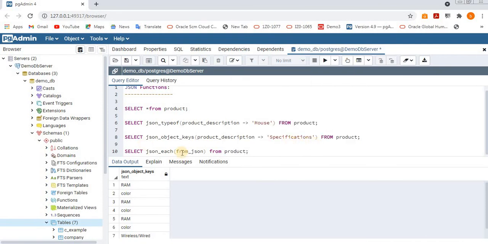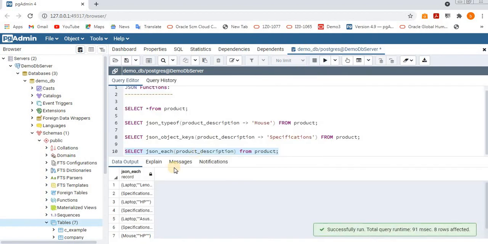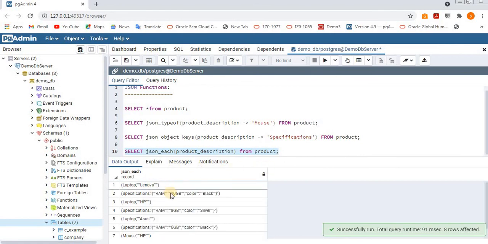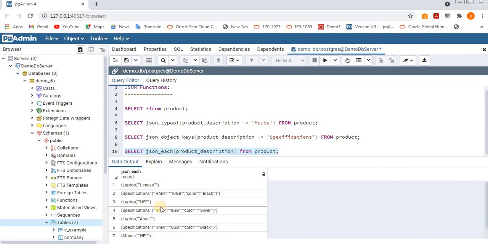Here I'll take the product description column. Now just execute it so that you get some idea. See here, these are the JSON data: laptop, Lenovo, this is the key and value. All this we will get.